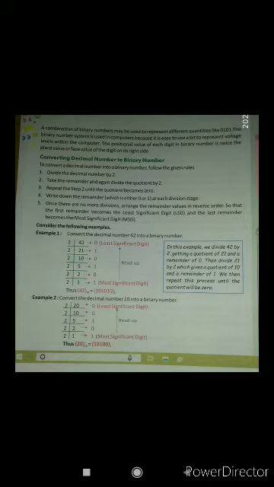So here first few steps are there, you need to pay attention over there. To convert a decimal number into a binary number, follow the given rules. First one, divide the decimal number by 2, take the remainder and again divide the quotient by 2. It means the given number is in decimal, so we are converting from decimal to binary, not binary to decimal, okay. A decimal number will be given and you need to find the equivalent binary digits.